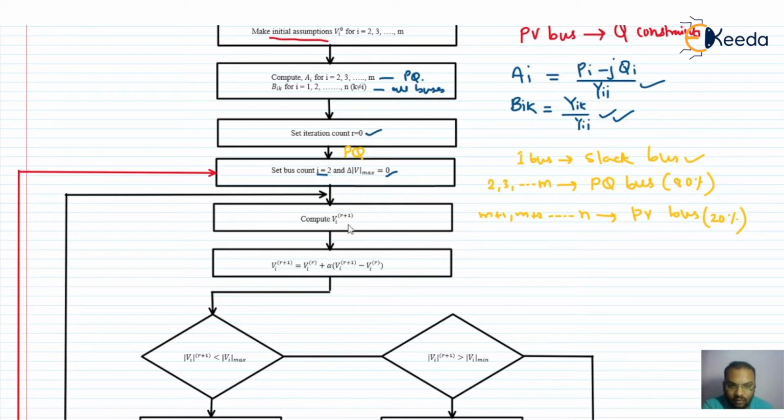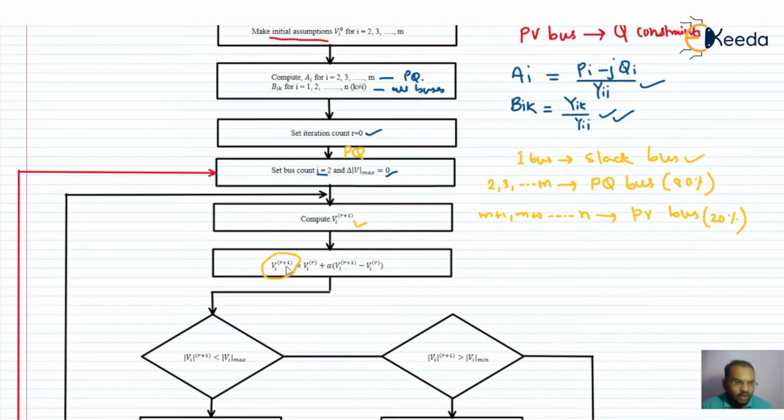Okay, after computing this voltage, just now we have discussed the acceleration of convergence. So if you want to make use of that acceleration factor, if you want to speed up this method, then you can make use of this. Now after applying this acceleration factor, you will get this value of voltage at ith bus in r plus 1th iteration. Okay, now after getting this value,